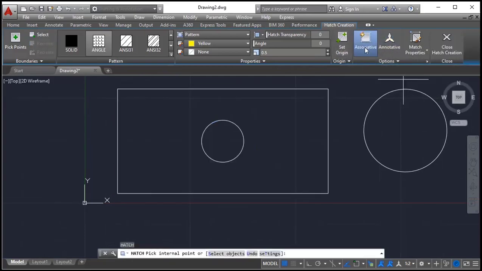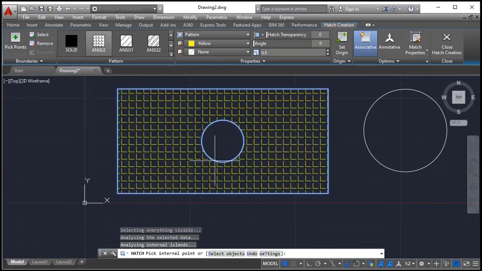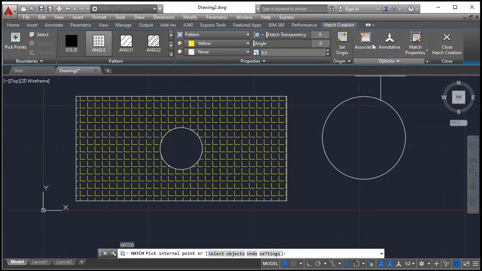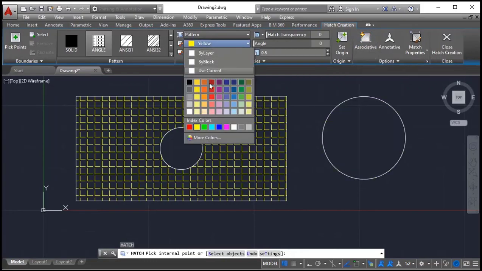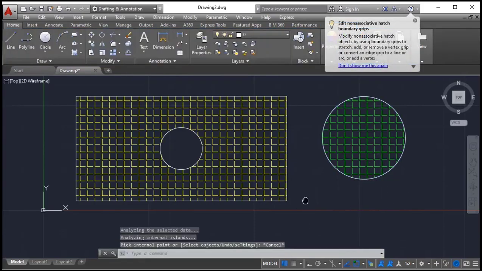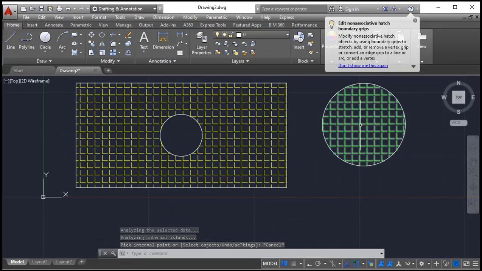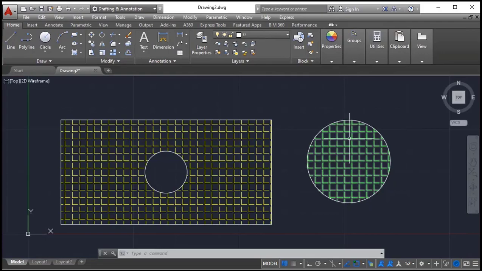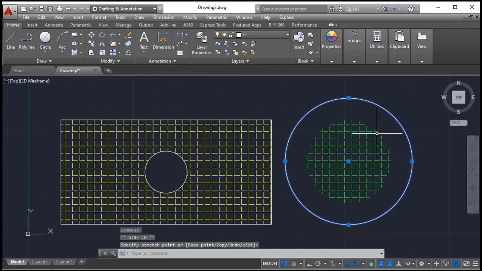If you remove the annotative, automatically associative will be highlighted. Click here. I am using this hatch pattern with associative on, close hatch, H, enter. With associative off, I am creating another one, and I will change the color for observation. Click escape. See, this is the associative hatch, and this is the non-associative hatch. Observe the difference. Suppose this is non-associative, and I am changing the boundary of the hatch. I am just changing the size of the circle like this.